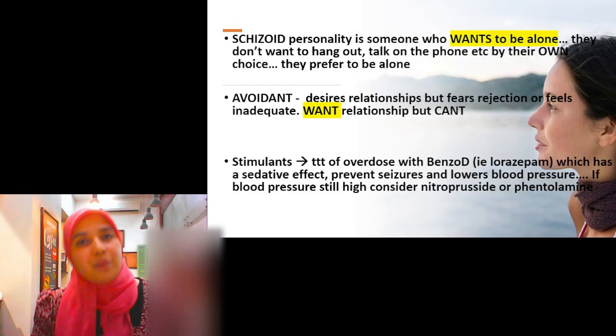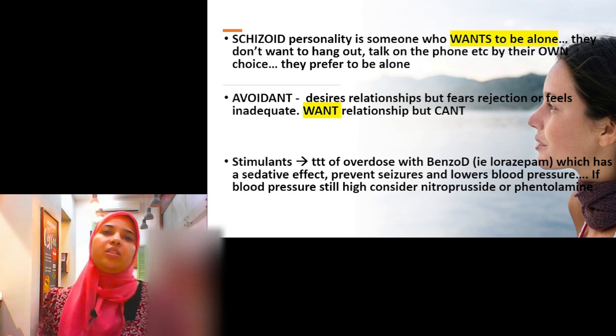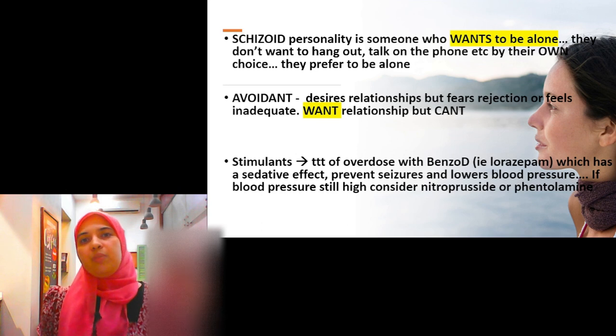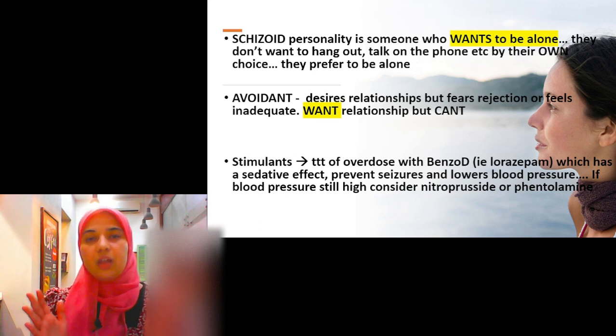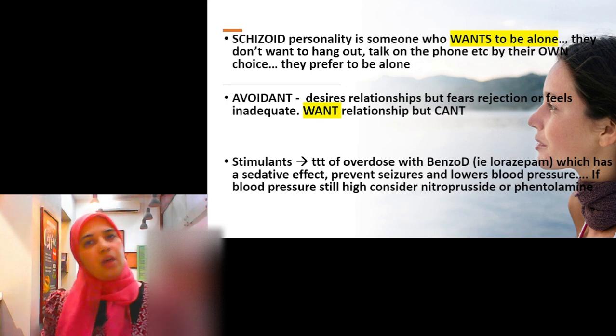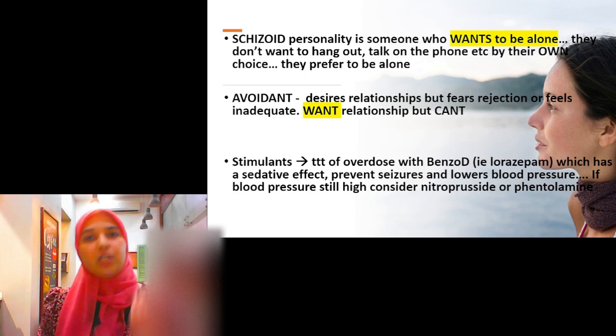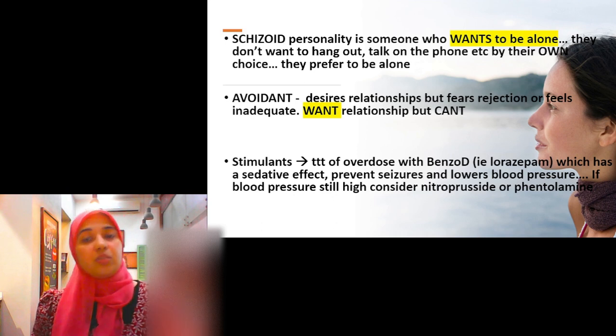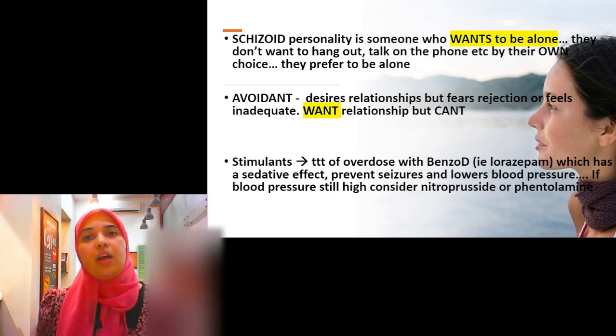Next is schizoid personality type. This is different than schizophrenia or depression or anything like that. Schizoid you really want to be aware of because you will get lots of questions on this. This is someone who wants to be alone. They like to read. They look more introverted. They like to spend their time alone, but they are not depressed, right? Depression is someone who isolates, right? But it's debilitating. They cannot function in society. Whereas schizoid wants to be alone, but they still are a functional person within their own bubble, within their own